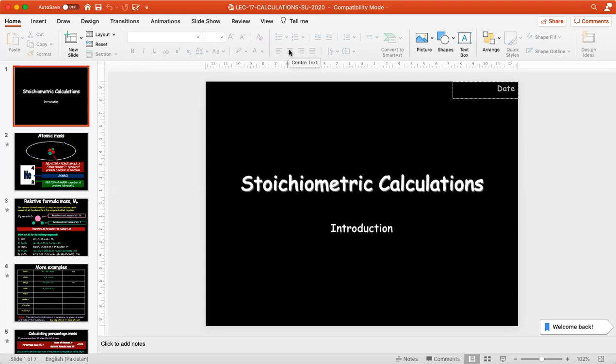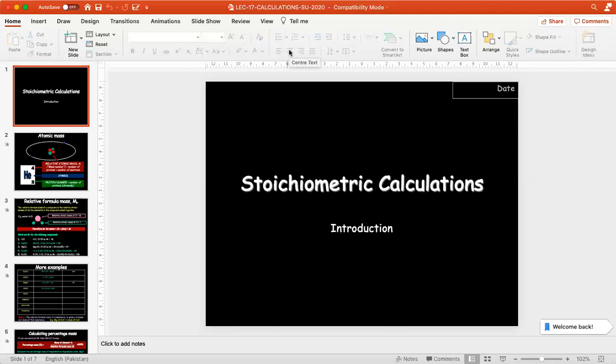So the areas where we can apply the tools of stoichiometry are to balance the chemical equation and to calculate the mass of reactants and products. We can calculate the product mass, we can calculate the molecular weight, we can balance the chemical equations, and we can write the formula. So basically,